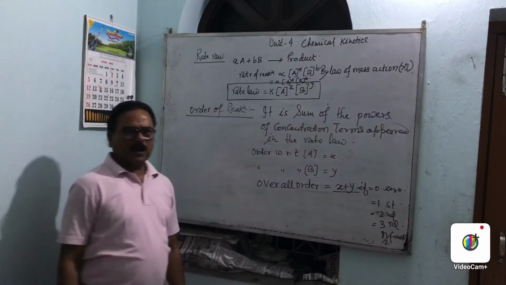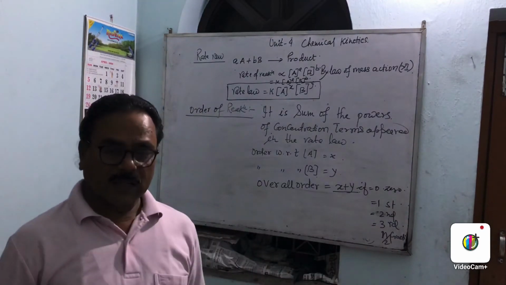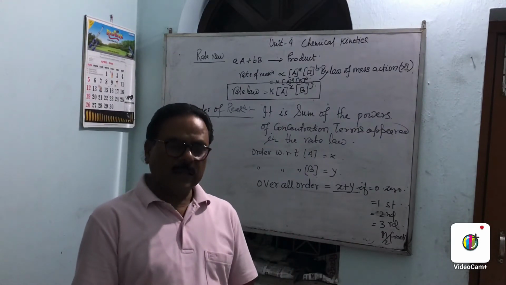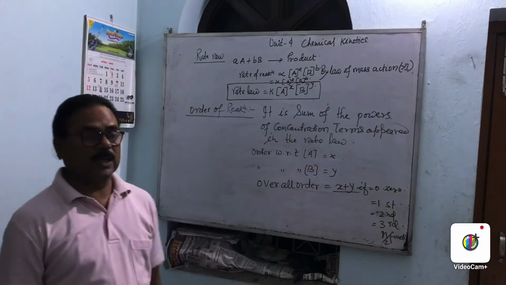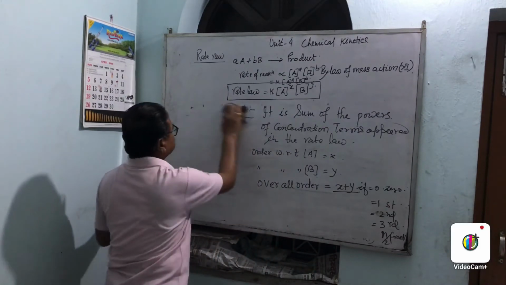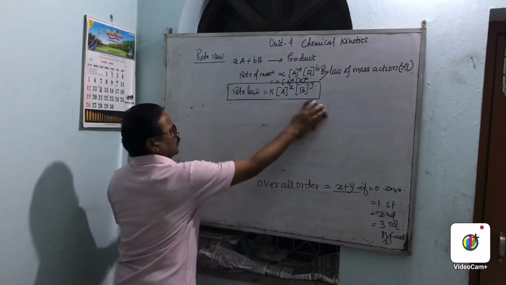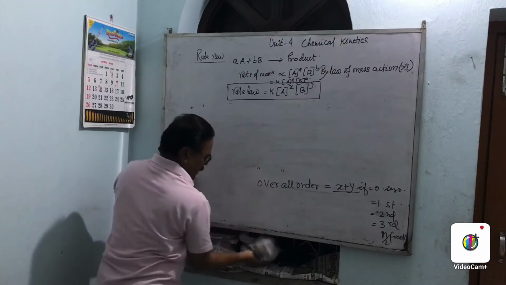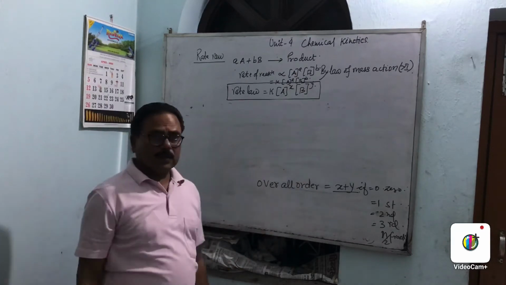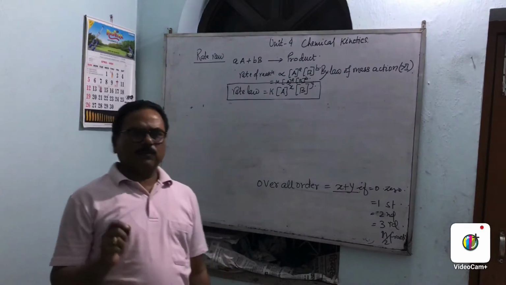So in the examination, you are asked to define order and give an example of zero order, first order and second order. Some reactions are given along with the rate, and it is asked to write the order from the given rate. So we are able to do it. We take the examples one by one. There are many examples in the books, so you will consult the book, but at least one should be in your memory, so when asked in the examination, you are able to write an example of each order.